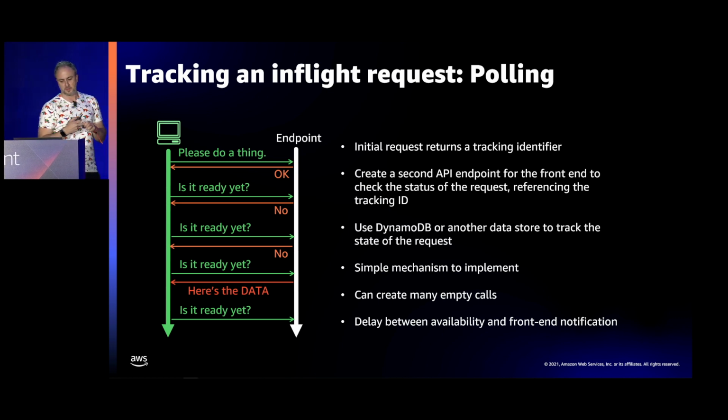There's a couple of problems with this. So the first is that if you poll too often, you're going to be often getting back empty results, like this example here. Is it ready yet? No. Is it ready yet? No. Now, you can adjust that by polling less frequently, but then you have the reverse problem, that there might be quite a big time delay between when your workload is finished and when you receive the information that it's finished. It's relatively simple to implement this, though, and it can be quite effective.